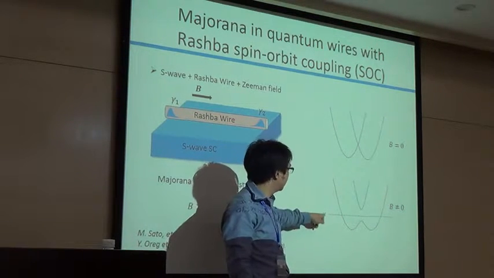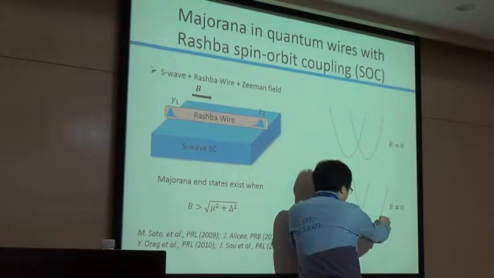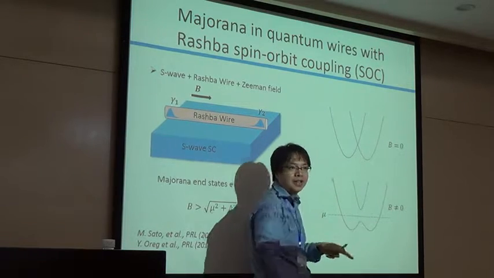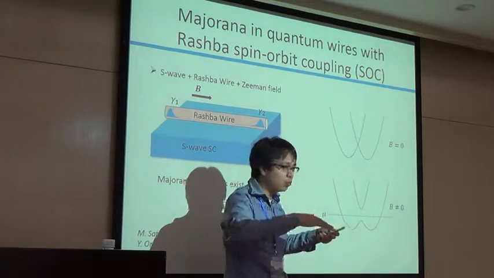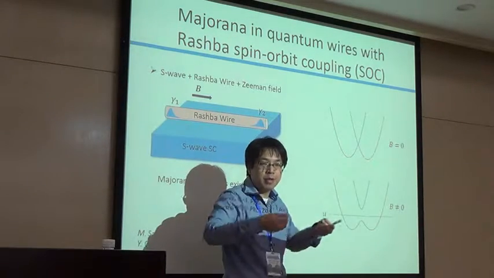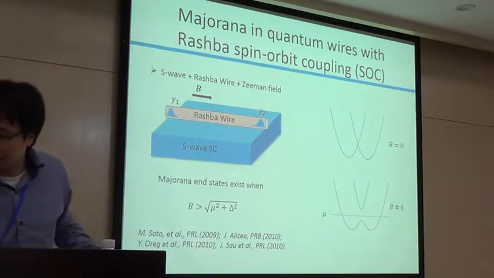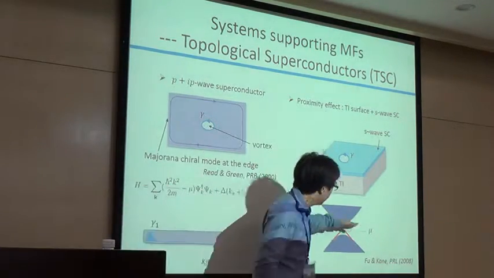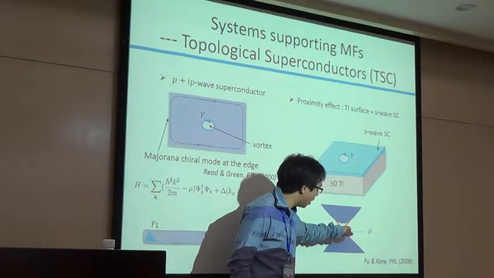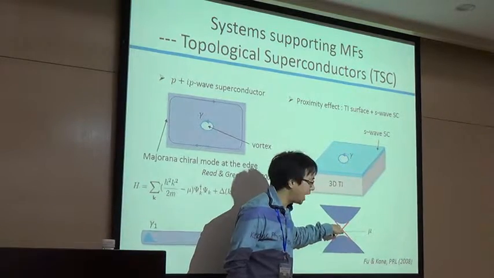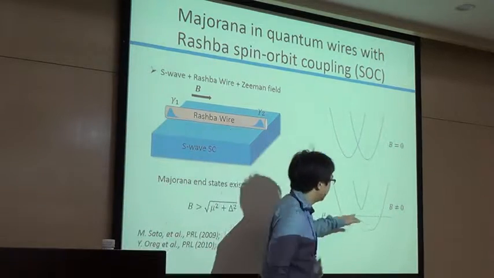You see that now, there are only 2 Fermi points at my Fermi energy. 2 Fermi points is if it's 1D. If it's 2D, it's just one Fermi surface. So this is very much like this case. In the topological insulator case, you have just one spin up state here and one spin down state here. So for this material, it's the same.